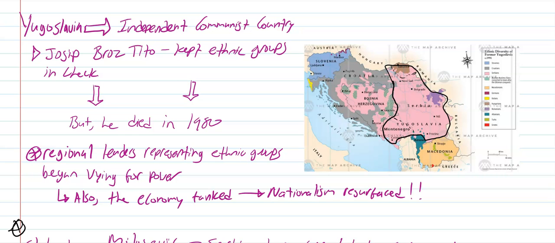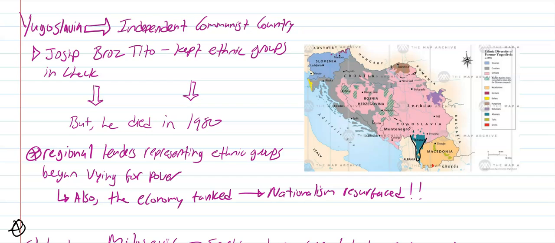And Kosovo. I missed it, but I'm going to just go ahead and do that. So all these different areas belong to Serbia. But if you notice the ethnic layout here, what do you notice about all this? There's a heck of a lot of Serbs living in Bosnia and Croatia.